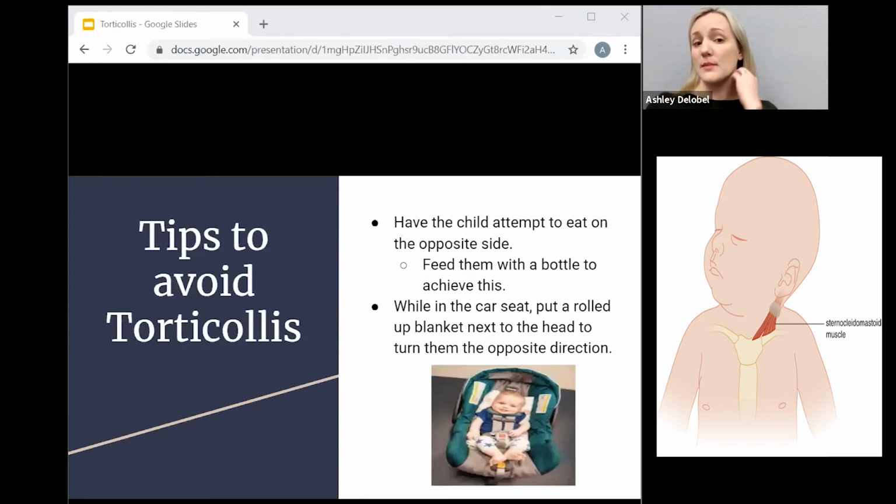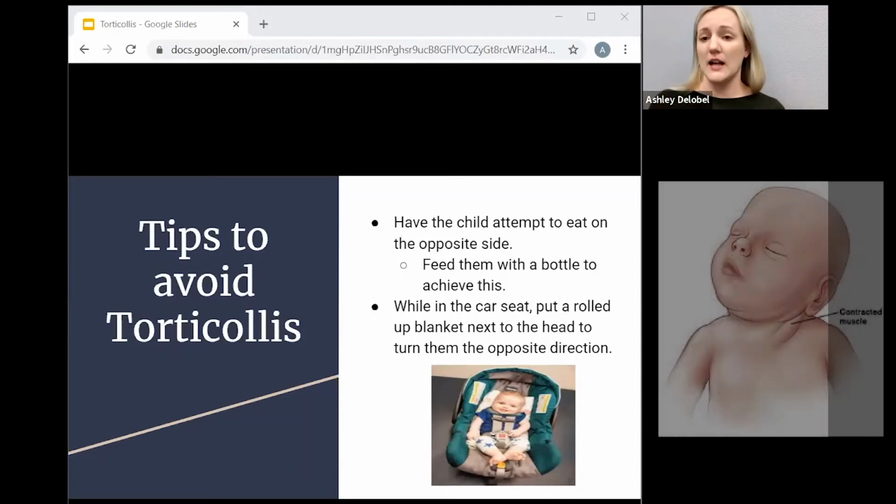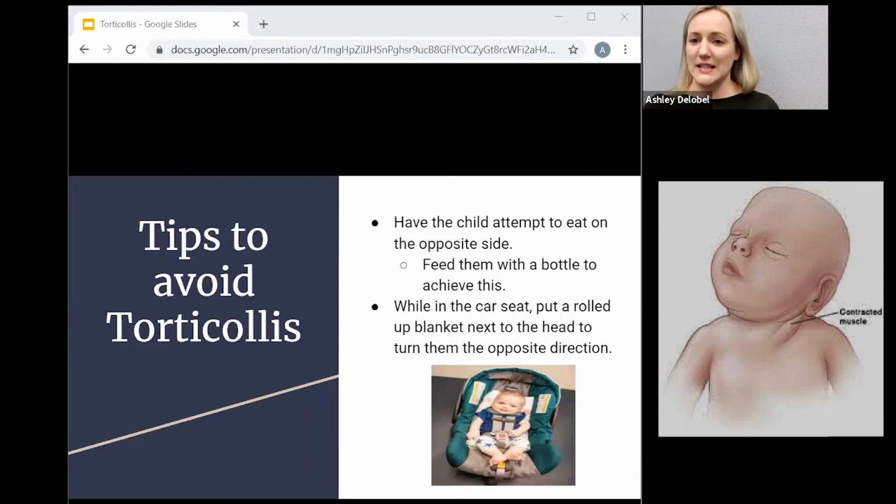So, some tips to avoid torticollis, and these are what I usually tell patients and parents mostly, not necessarily the babies, when they come in for that first initial evaluation. The first thing is to try to get them to eat on the opposite side, latch on the opposite side if they're breastfeeding. If it's hard to get them latched on the opposite side, once or twice a day, if possible, try to feed them with a bottle